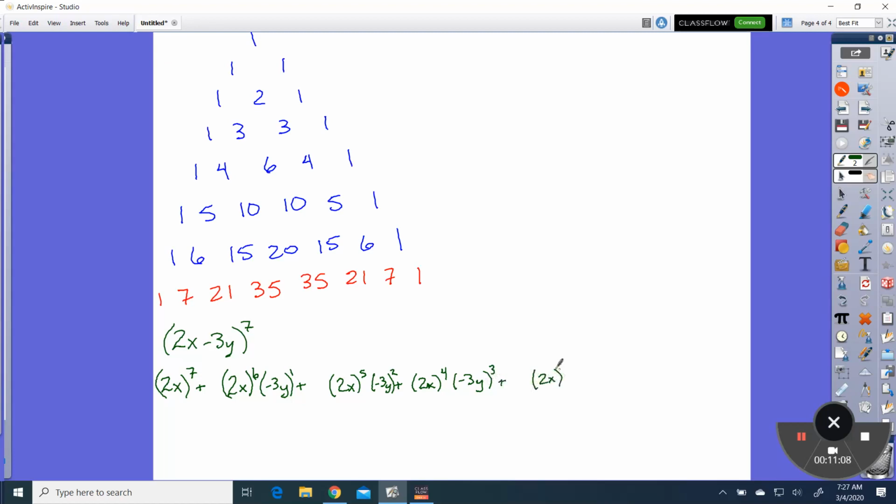2x to the 3rd, negative 3y to the 4th. What do you notice about these powers if you add them together at any one spot? What's 6 plus 1 at the beginning? And 3 plus 4 is? And 3 plus 4 again. So on every one, they will add up to be the same as the power on that binomial part that we began with. Okay? So as these go down,